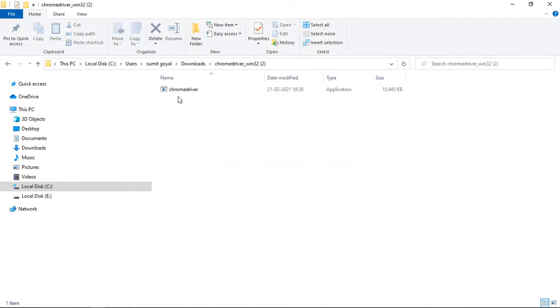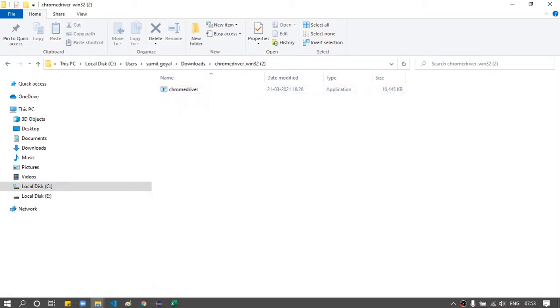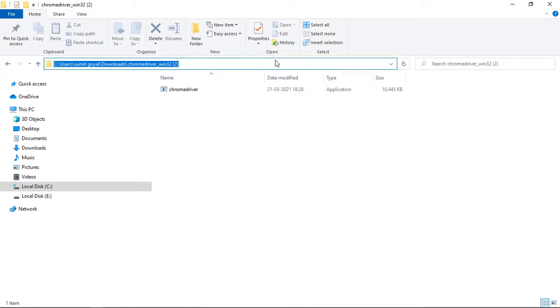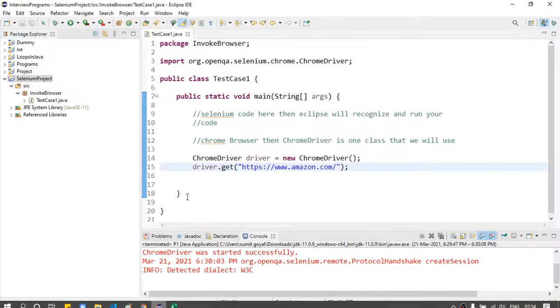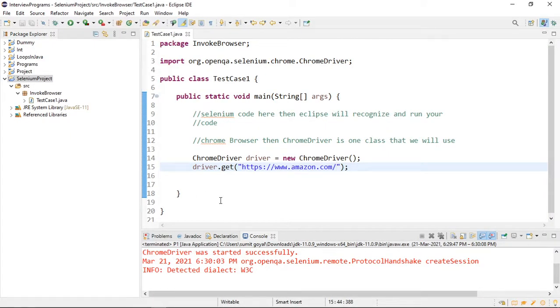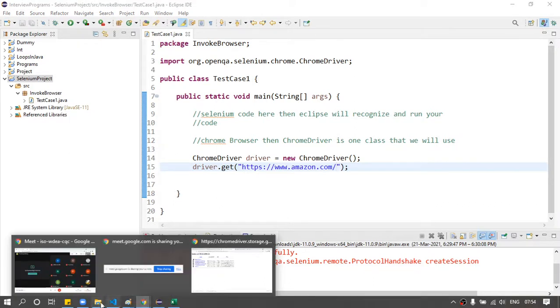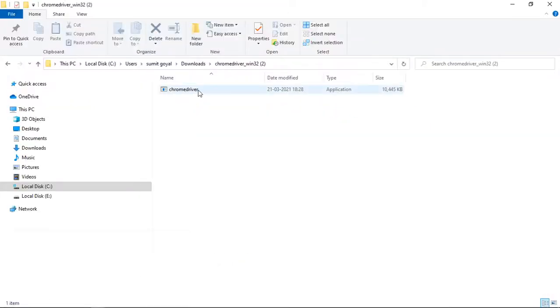So basically this is the file we require. This file is going to invoke our Chrome browser, right? So this will launch. So I will copy the complete path, right? Let me not copy the path as of now. Basically if you want to run that file, you have to set one property. We are very sure that this file will help us to run our Chrome browser, right? Because it is Chrome driver. But for this .exe file, before that you have to set one property.